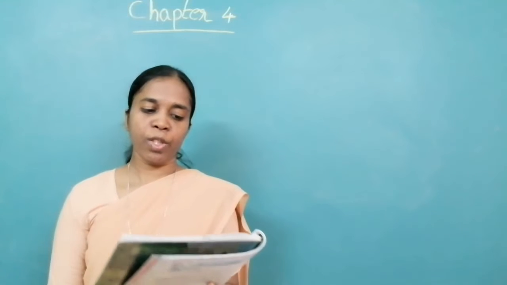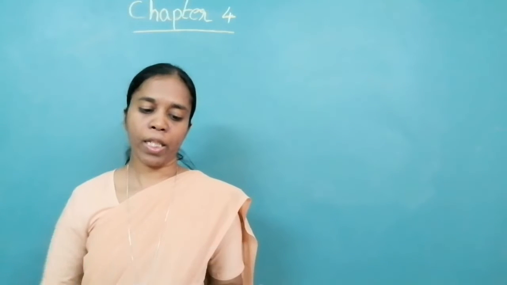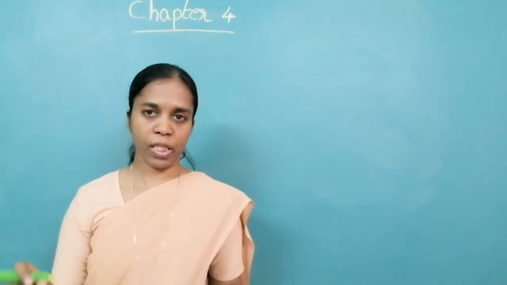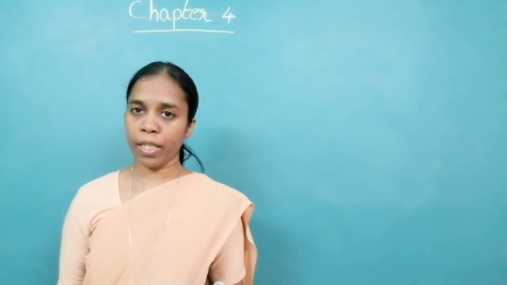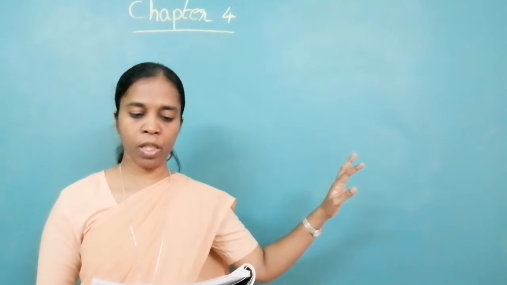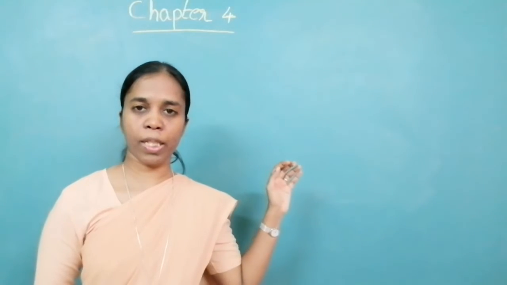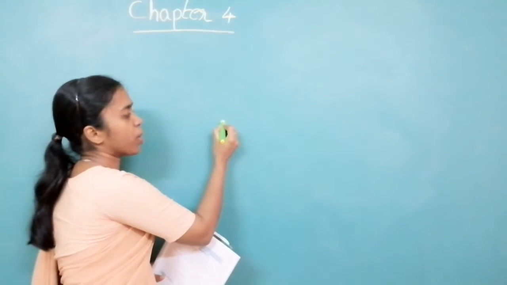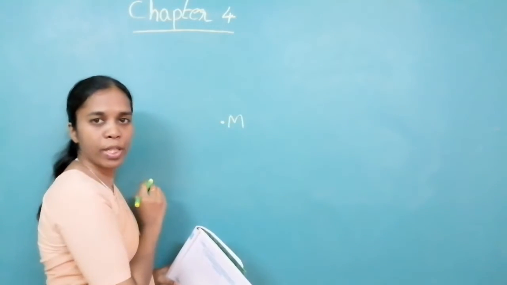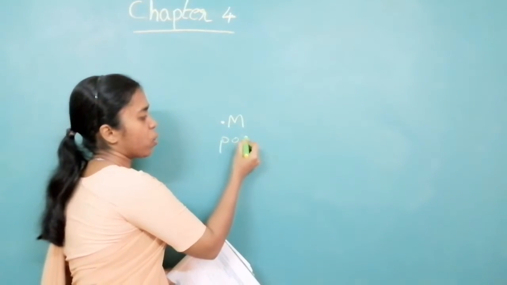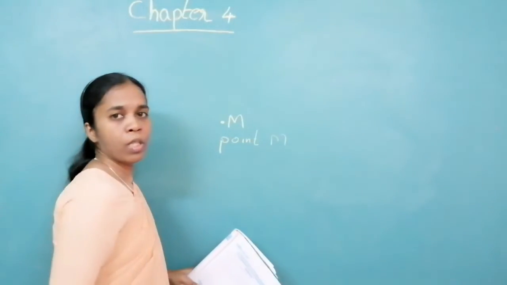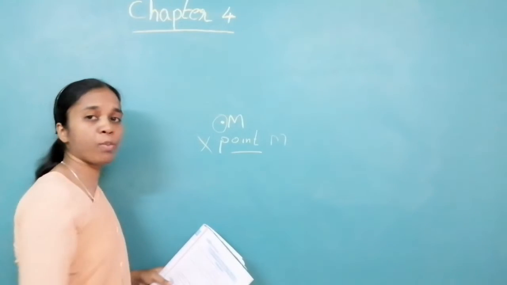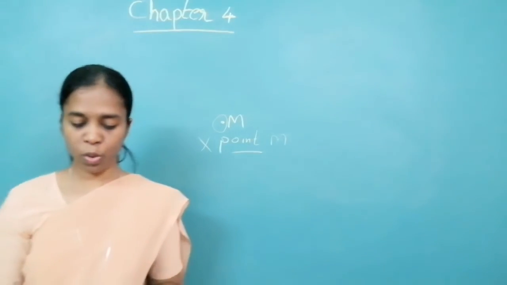Question number 1. Observe the figure and complete the table for angle AWB. You are given a box over there to fill it. Please fill in the answer over there only in the textbook. Points in the interior. Check out which points are coming in the interior part. Points on the exterior. Check out which points are coming in the exterior. When you write the answer over there, you have to write either the point, whichever point you get, or write it as the word point, point M. Either of these has to be mentioned. If you don't mention this, you will get half a mark cancelled. So please mention that, okay?